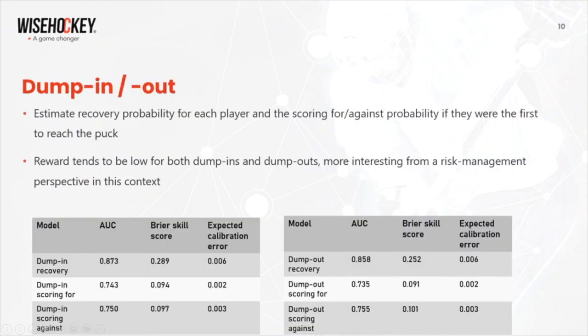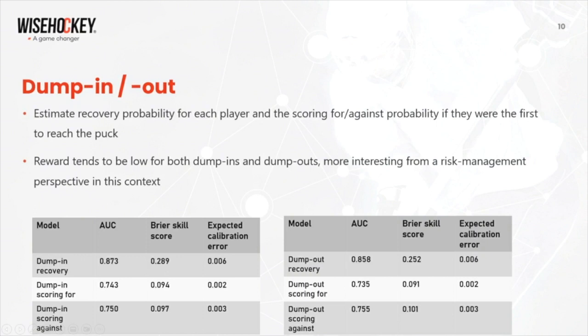And the final two components, dump ins and dump outs. We estimate the recovery probability for each player on the field, if applicable, and similarly the scoring for and scoring against probabilities if they were the first player to reach the puck, and the weighted sum of these probabilities is the total sum for a dump in and a dump out. Now, since we've chosen the 8-second window, the reward tends to be quite low for dump ins, since coming out successfully out of board battle after a dump in or